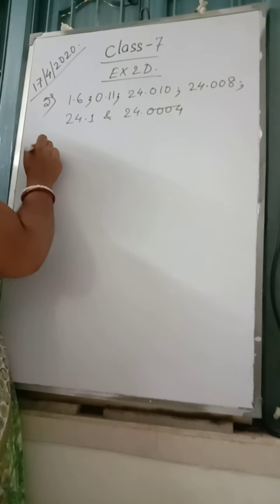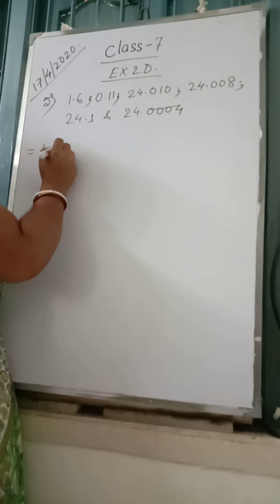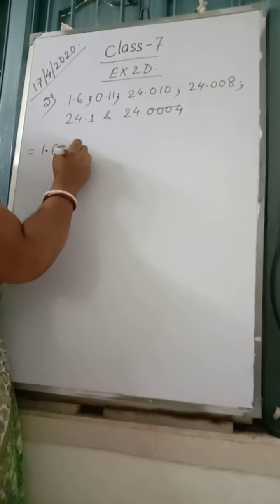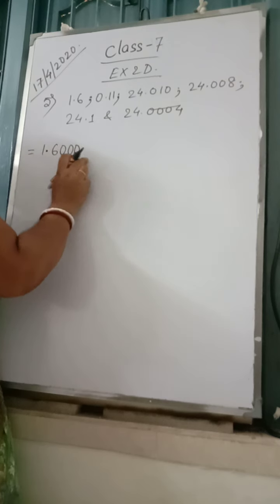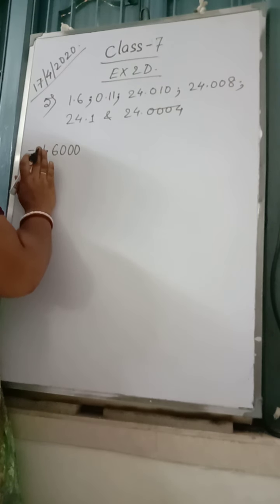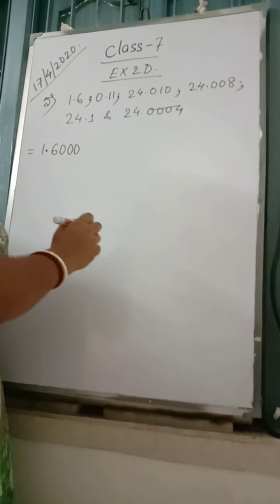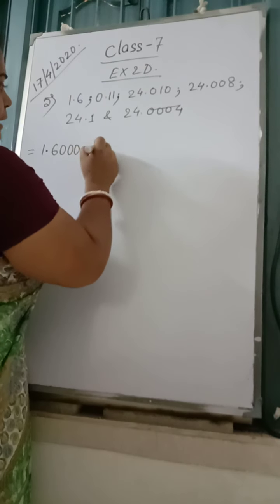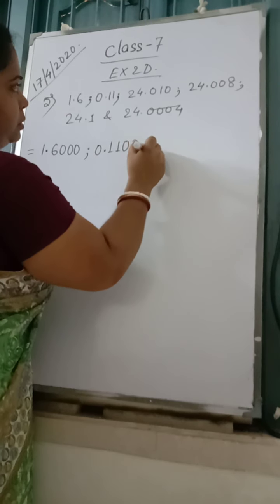So what we are doing, I am going to convert it. I have 1.6, means 1 digit I have. I'll be adding 3 zeros. Though we know these zeros have no value, the 1.6 remains 1.6 itself, but now it is converted into like decimal. Now the next number, I have 2 digits after decimal, so I'll be adding 2 zeros.